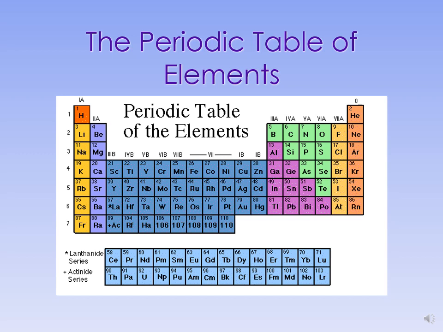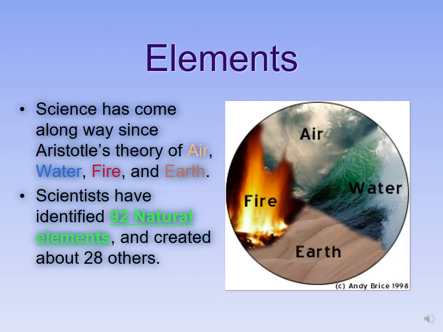Hello, today we're going to be talking about metals, and we're going to start off by looking at the periodic table of elements, and it has different groupings of elements that we're going to go through. So there are 92 natural elements, and scientists and engineers have managed to create an additional